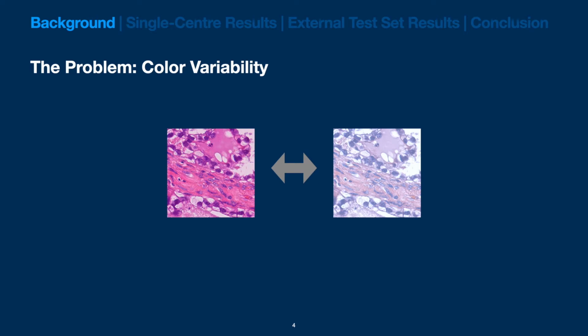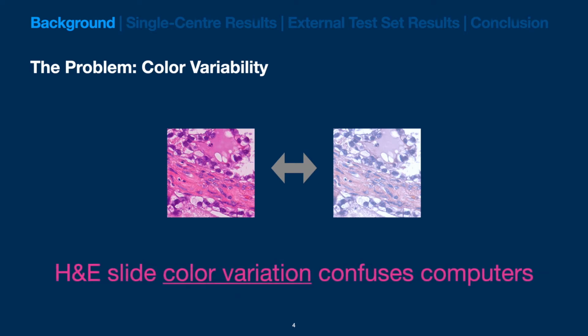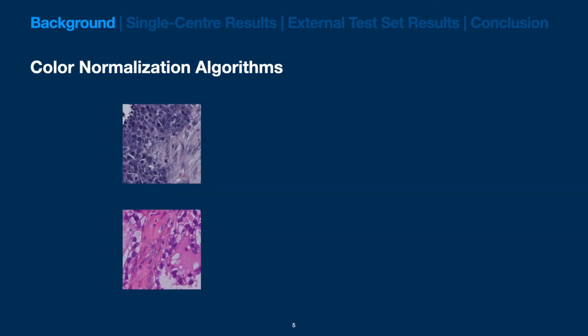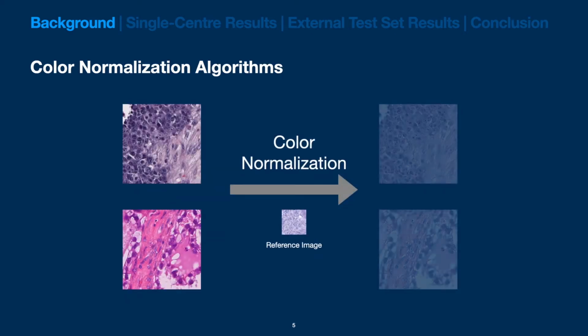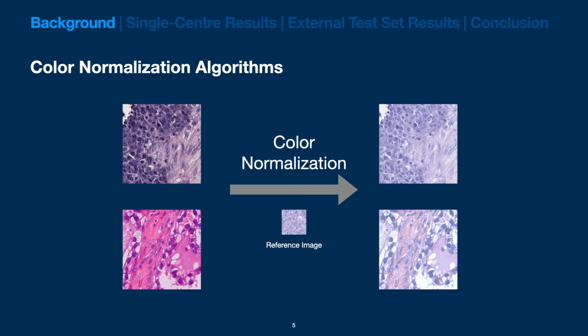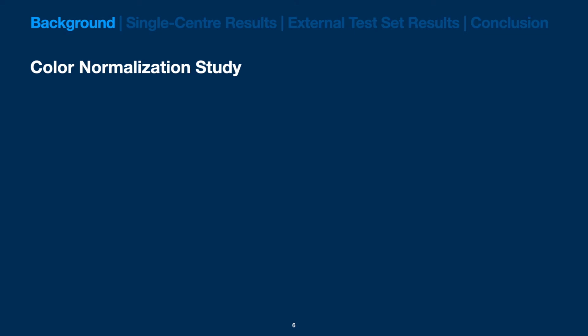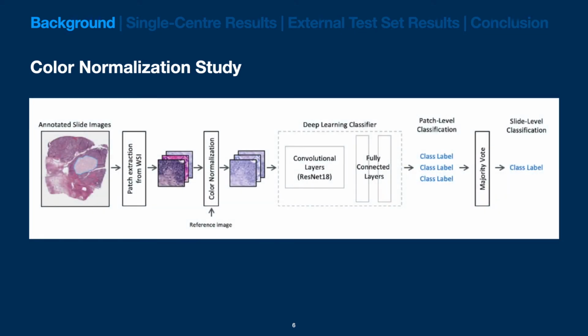Although human pathologists can adapt to these color differences, this really affects computer-aided diagnostic systems. Many color normalization methods have been developed over the past 20 years, but their generalized utility for deep learning hasn't been studied enough. So we did a comprehensive study comparing various methods, and so what we did was, for a